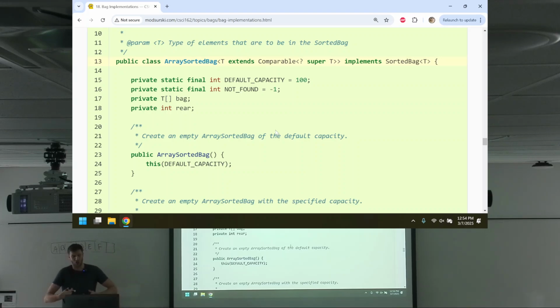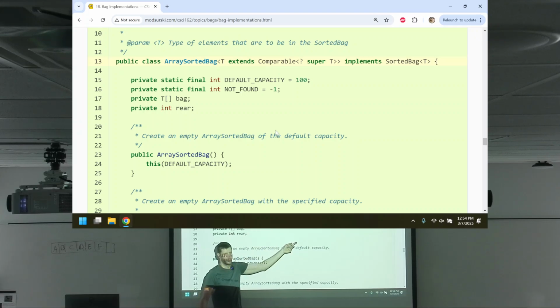The sorted bag's job is to make sure the things are in their ordering, but the elements themselves have the ordering associated with themselves, like integers. Integers define their own ordering. So the elements that I'm adding must have an ordering defined for them, and that's what that is saying there. It's type T, but there's a rule. There are some constraints on the type T.